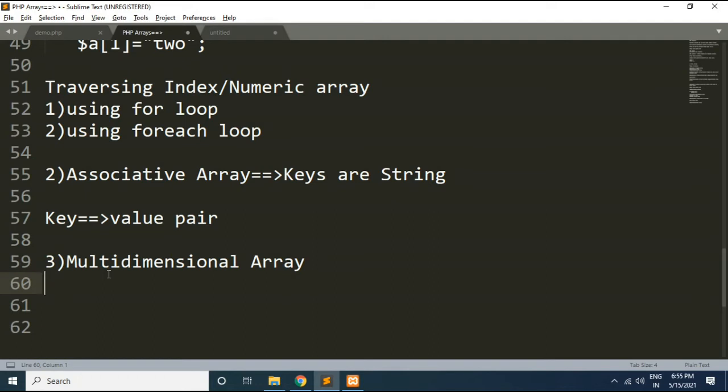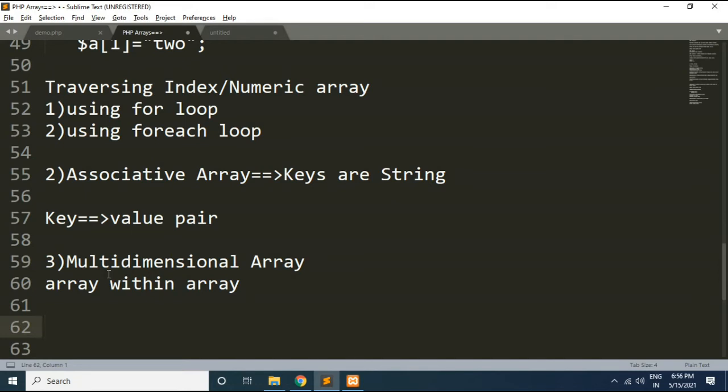So in simple words you can say it is about storing an array within an array. There will be one main array, that is the outer array, and within it we will store n number of sub arrays. So it is an array of arrays, or you can say an array within an array.